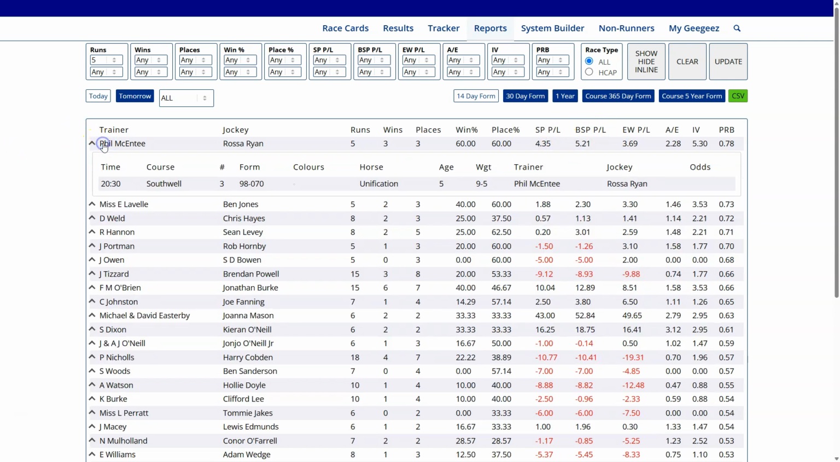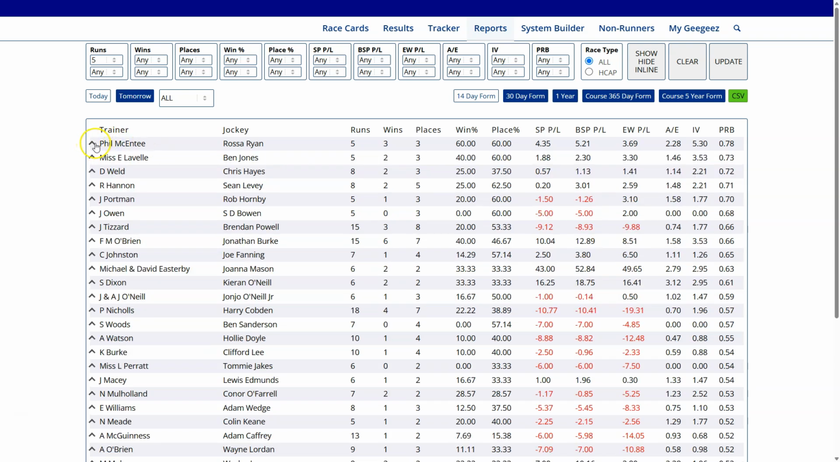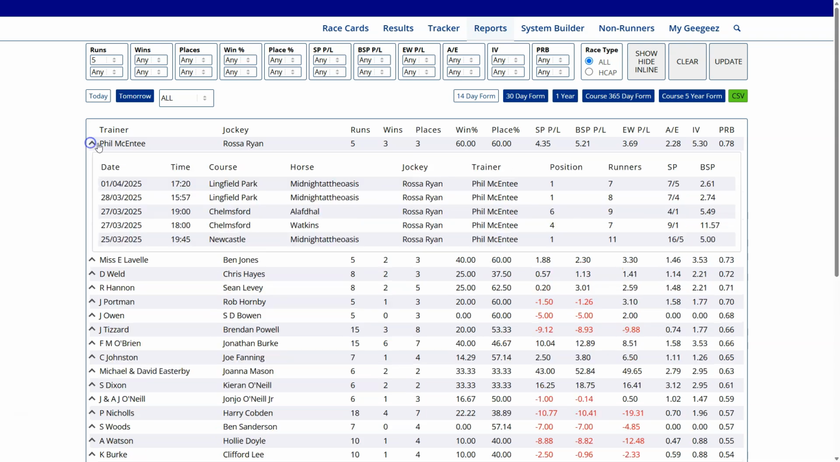If we look at, that's today's runner, unification, but if we press this little arrow up, we'll get the 5 horses that form this sample size here, and we can see the 3 winners. You can also see on the right hand side the Betfair SPs. You can order by Betfair SP, and you can see that basically if they're fancied, they've run well, and the longer priced ones